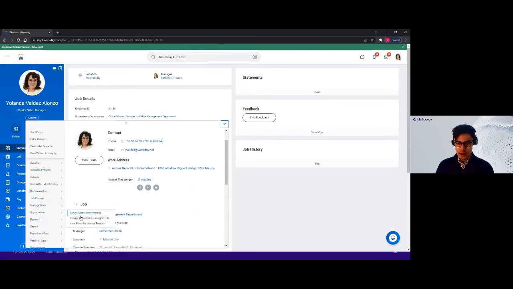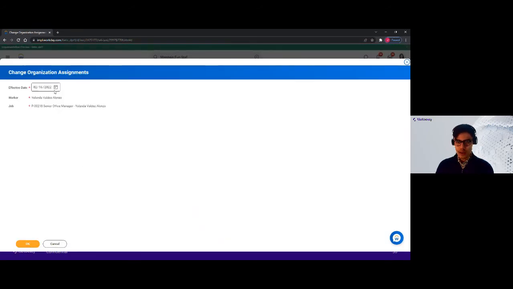settings. So in organization, I'll change org assignment. Let's go for 1st of March, and then Workday throws an error saying that there is a later org assignment, which means that I can't add anything or insert change org assignment in between two events. But let's enable this feature in the